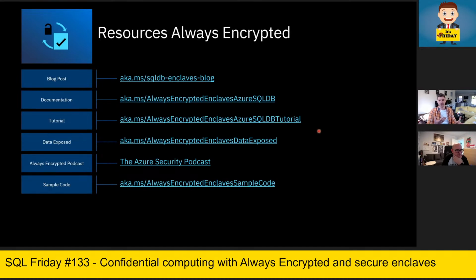If they want to get started with Always Encrypted, these tutorials guide you step by step through the things you need to do, with screenshots and scripts that you can use to get started. Data Exposed is a YouTube channel as well, and a Microsoft...